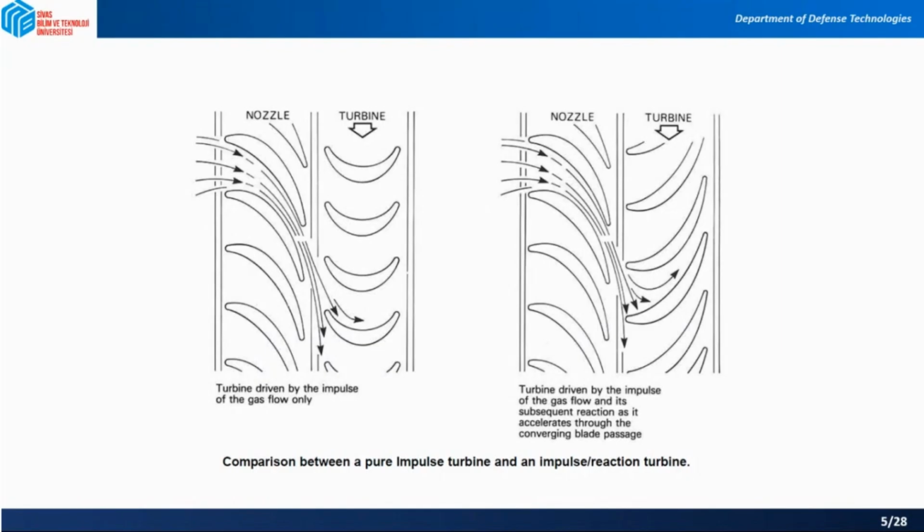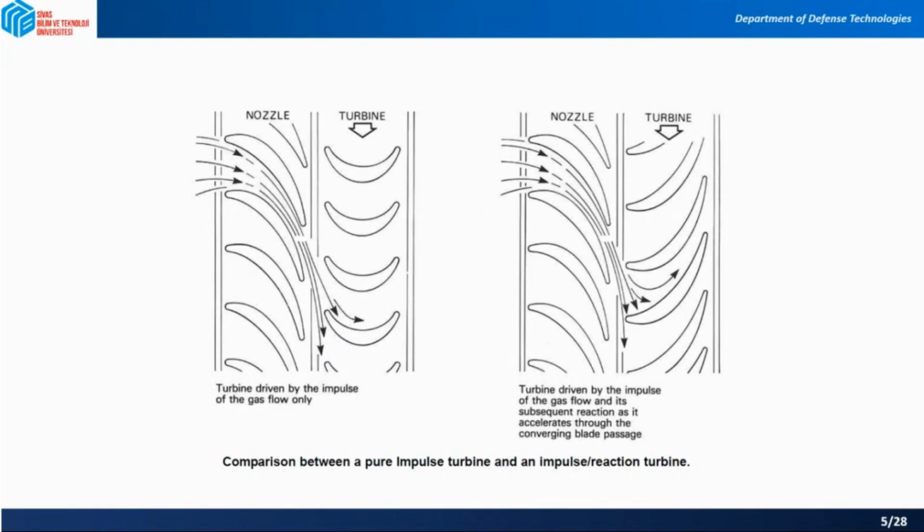The gas is directed onto the turbine blades, which experience an impulse force caused by the impact of the gas on the blades. In the reaction type, the fixed nozzle guide vanes are designed to alter the gas flow direction without changing the pressure. And the converging blade passages experience a reaction force resulting from the expansion and acceleration of